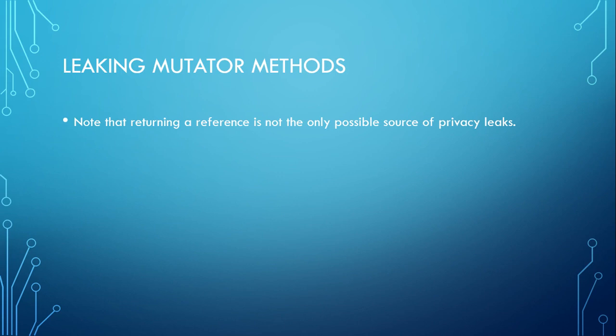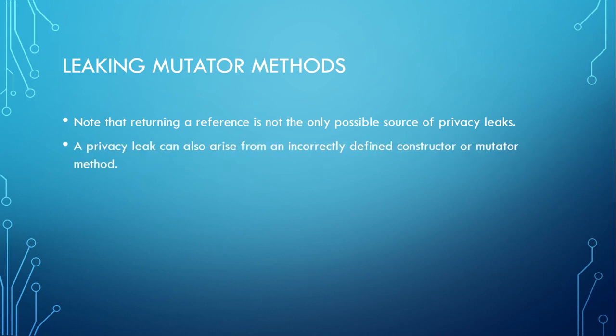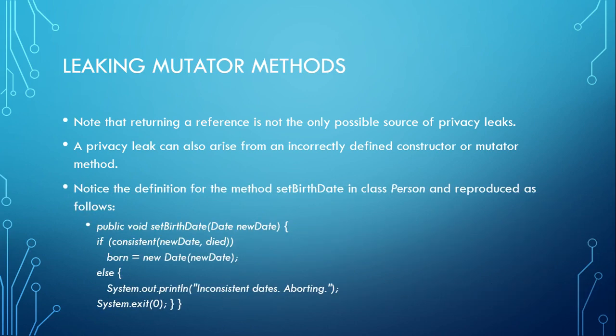All right, now we've already discussed leaking accessor methods. Let's talk about leaking mutator methods, because returning a reference is not the only possible source of privacy leaks. A privacy leak can also arise from an incorrectly defined constructor or mutator method. Notice the definition for the method setBirthDate in the class Person, reproduced below: public void setBirthDate(Date newDate) { if (consistent(newDate, died)) born = new Date(newDate); else { System.out.println("Inconsistent dates. Aborting."); System.exit(0); } }